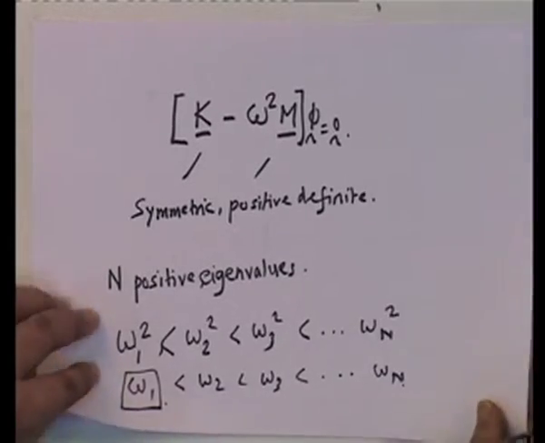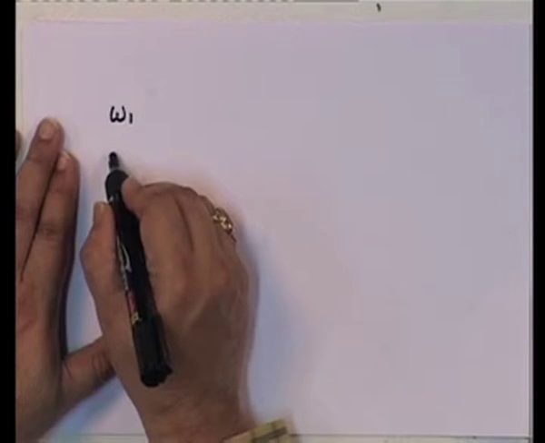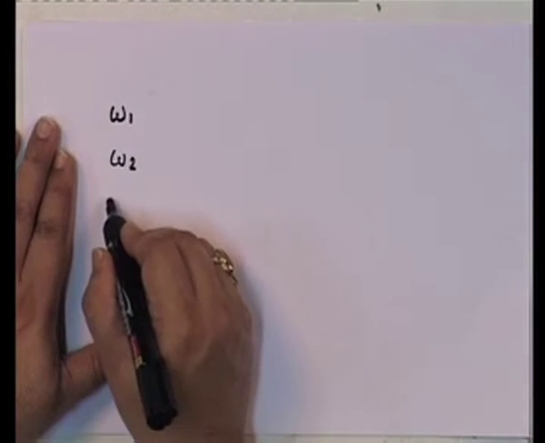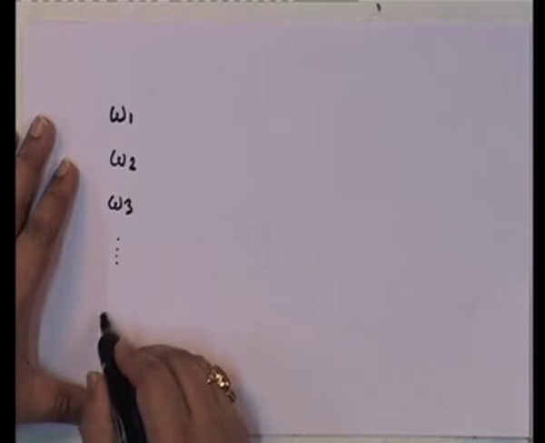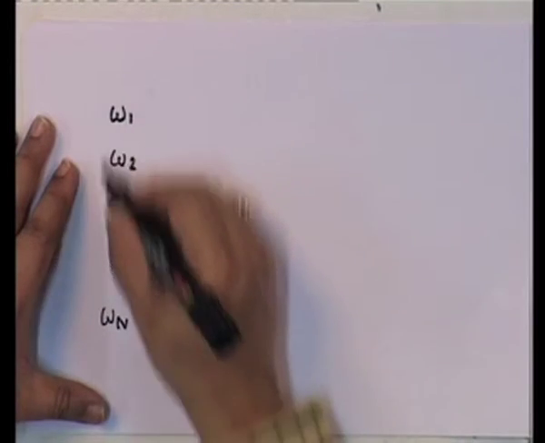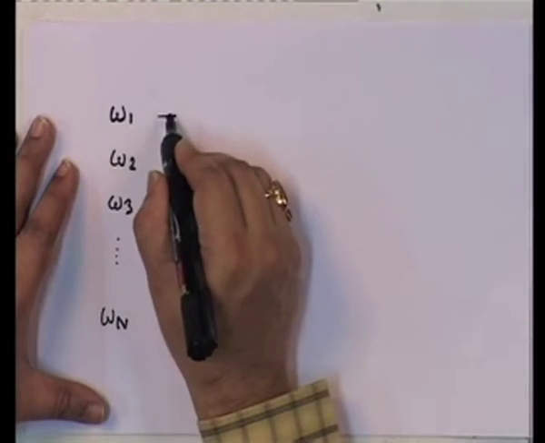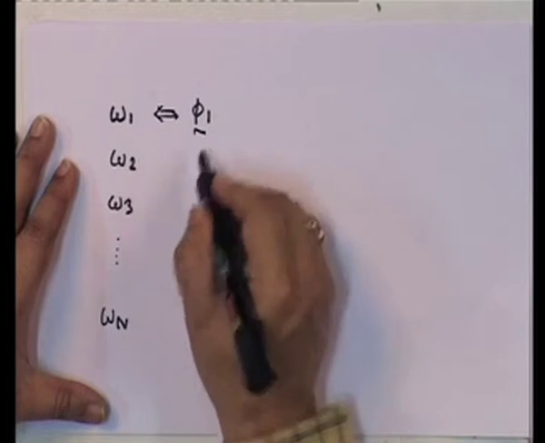So, therefore, what we have then is the following, you have omega 1, then you have omega 2, omega 3 on to omega n, okay, ordered in this manner, and corresponding to omega 1 you have phi 1,